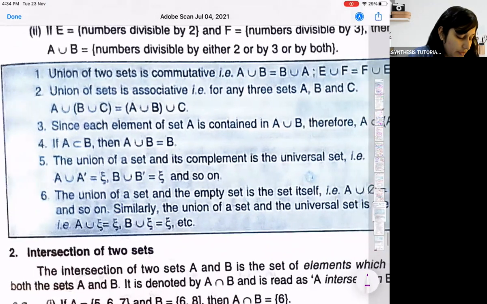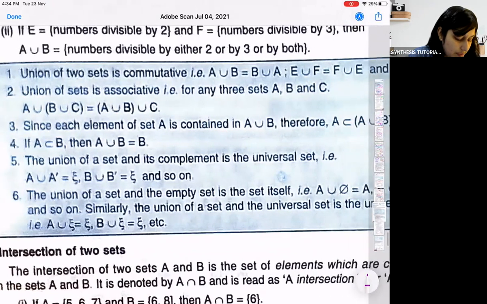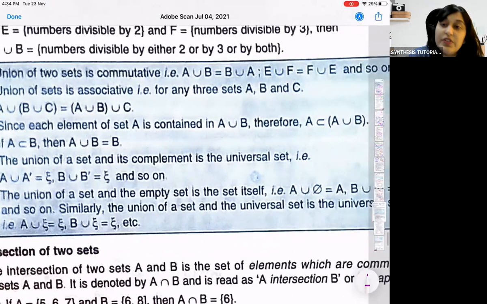Since each element of the set is contained in A union B, therefore, obviously A is going to be a proper subset of A union B क्योंकि A के सारे elements A union B में और plus वो extra भी है. Also,